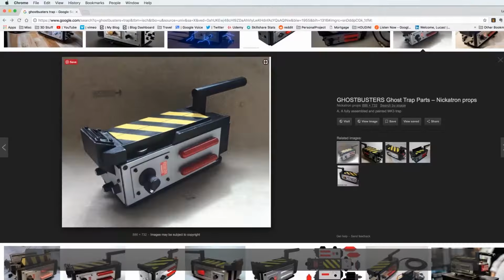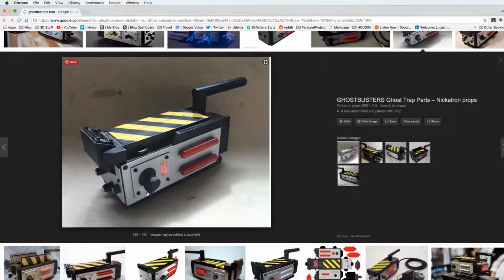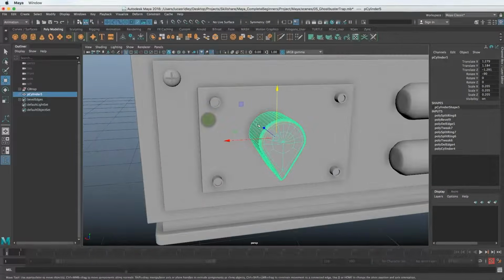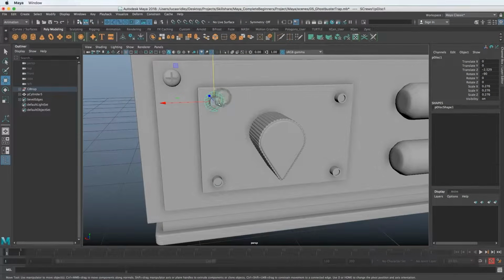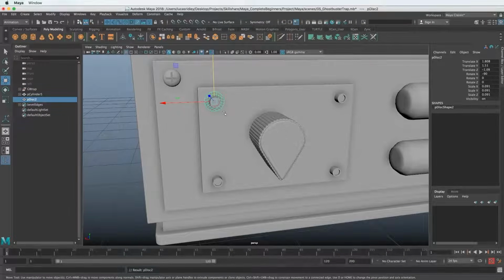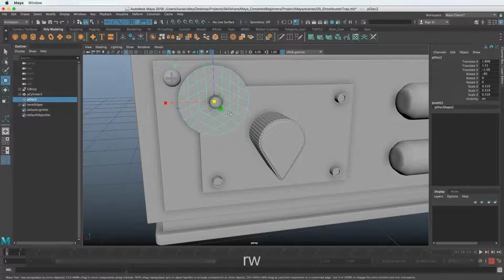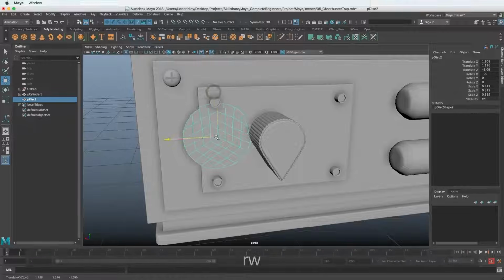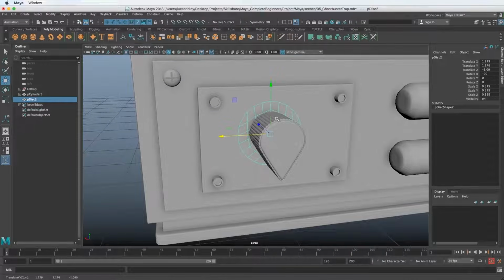Maybe drag it up. It looks like it's tilted to the side a little bit, and it has this black disk here. So I'm actually just going to steal one of these disks here, Command D to duplicate it. And also talking about parenting, you can hit Shift P to unparent something. So you can see it pop this out from that group. And we can just scale this up. And let's just bring it over here to the center of this thing.